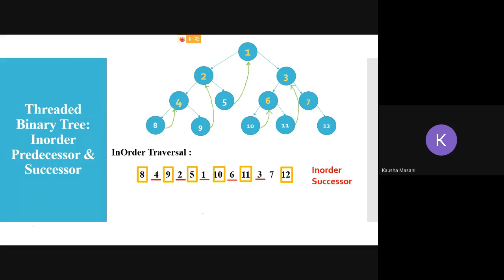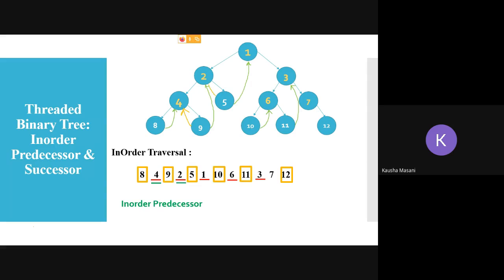Now if I go and create a left threaded binary tree, I'm going to consider the in order predecessor. Now for 8 I don't have any before value, so 8's left pointer is not going to have anything. Then for 9 the before value is 4, so the left side of 9 is going to point at 4. Then for 5 it is going to be 2.